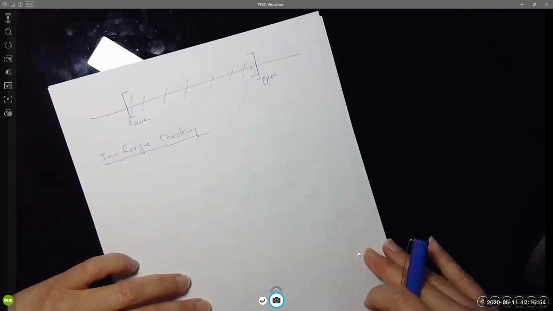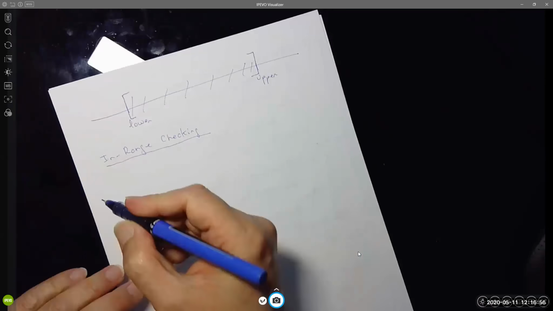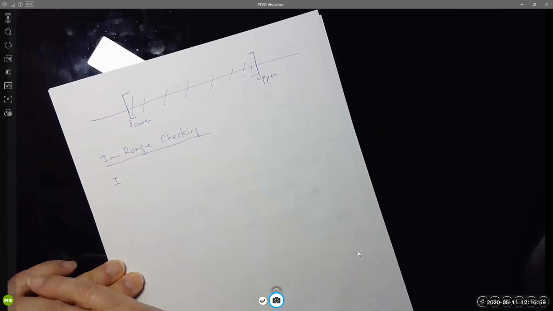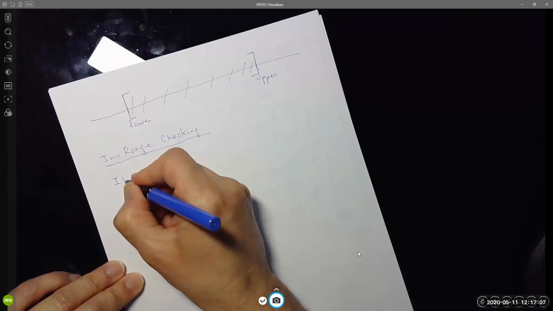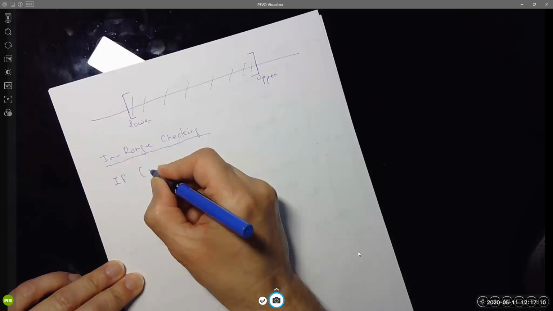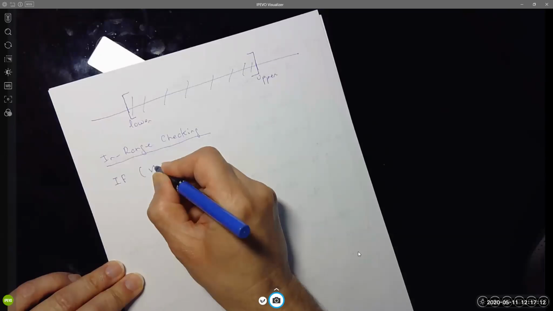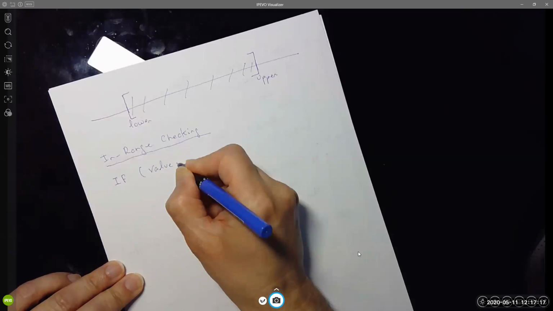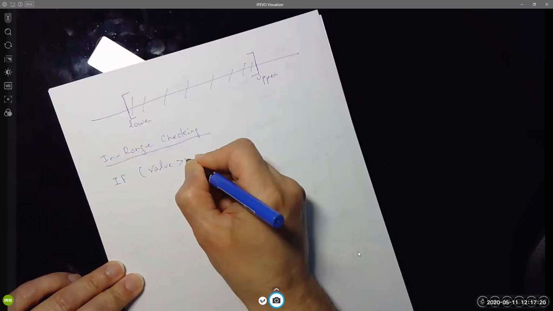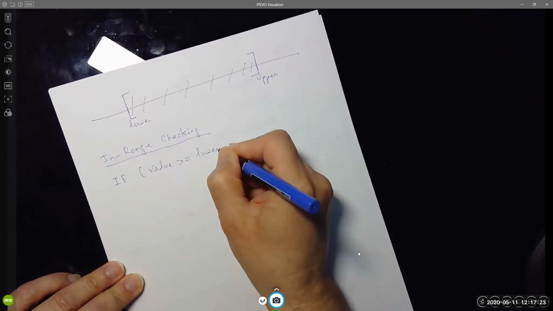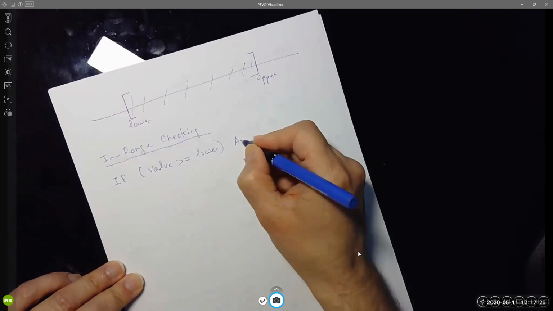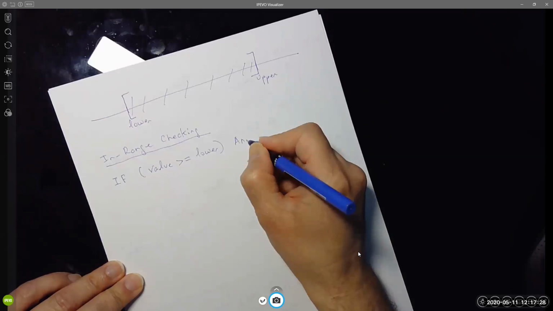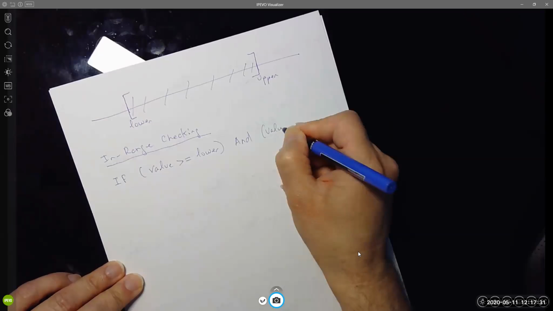The way you do it is like a cookbook formula. I'm going to give you lots of cookbook formulas in this class, and you need to mark them down to make sure you use them. The cookbook formula to check if it is in range: if value is greater than or equal to lower, and value is less than or equal to upper,